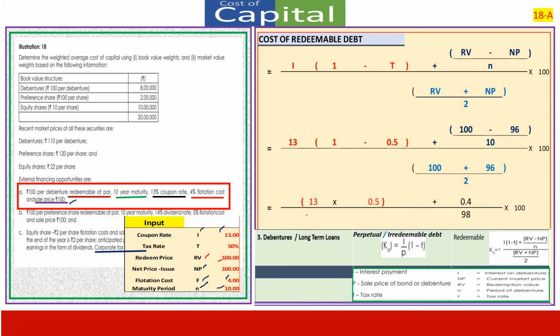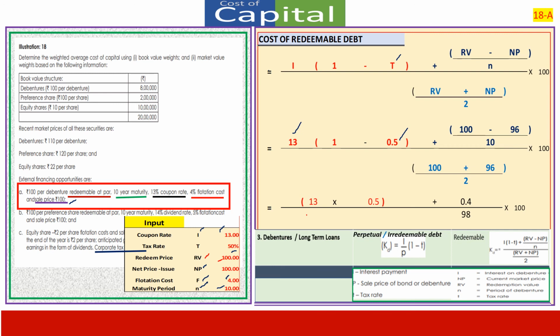Cost of capital equals interest. What is interest? 13%. 1 minus tax rate. Where is the tax rate? Tax rate is 50%. Where did we get it? It is given here. Corporate tax is 50%. We will see it. 0.5. Then